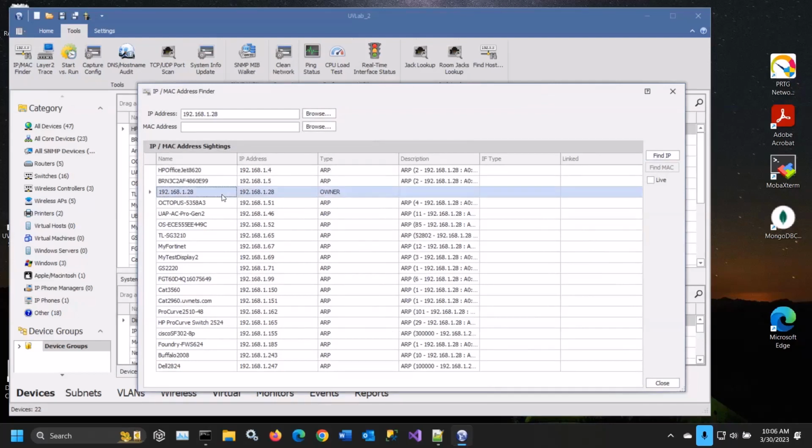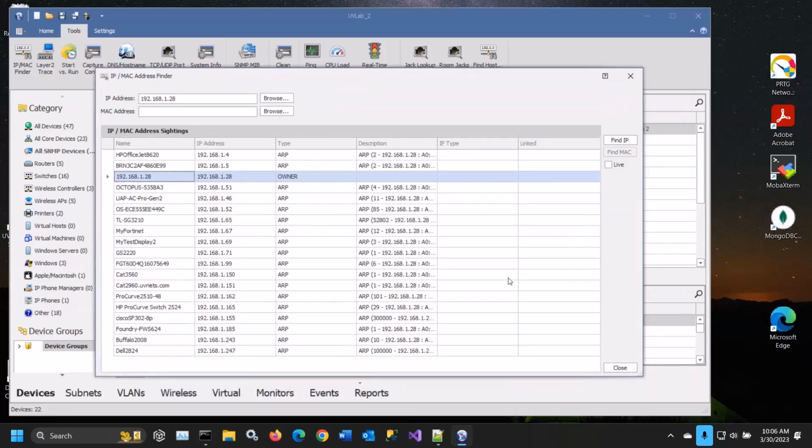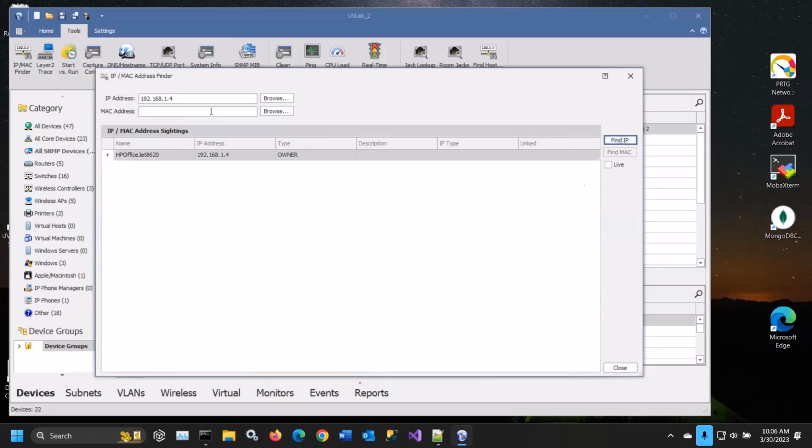Like you can see that this device is recognized as the individual owner of that device, but that this IP address is seen in lots of different ARP caches. Actually, it's my discovery machine, so that's why it's being seen pretty much across the board. But if I type in a different IP address, I may just see where that is. But along with those